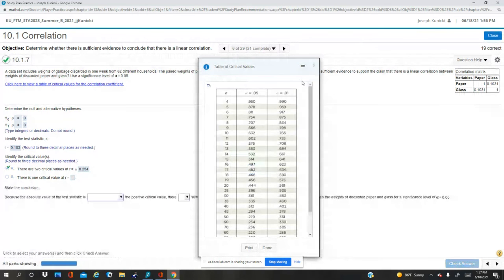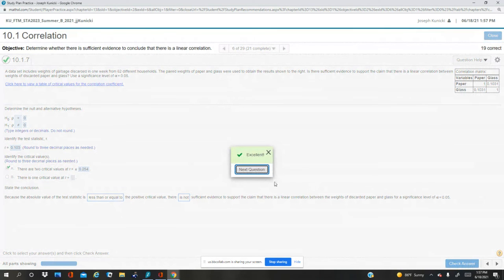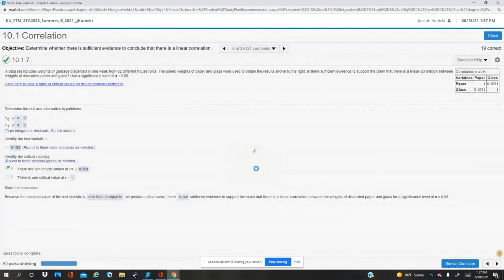Okay, now we are obviously less than 0.254. We're less than or equal to: 0.103 is less than or equal to 0.254. Therefore, there's not sufficient evidence because we're in the middle. We can't reject the null. Okay, so that's